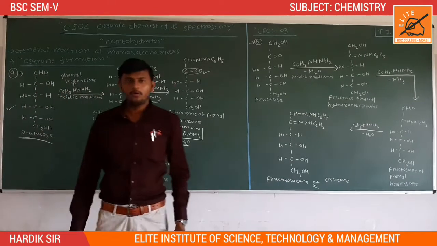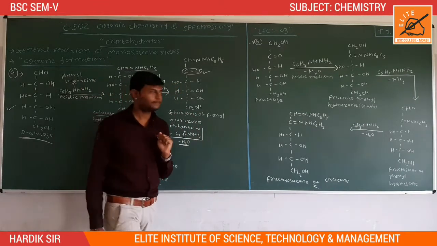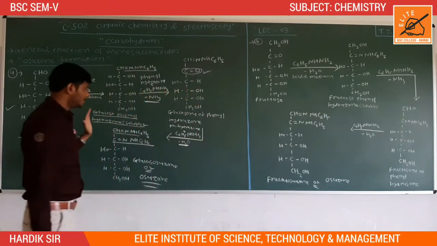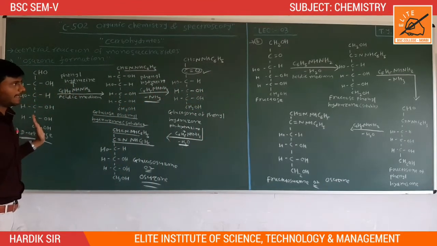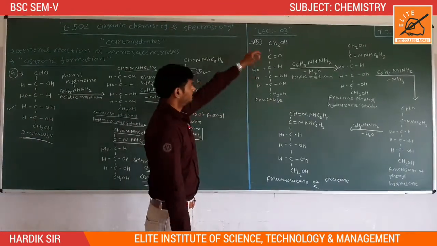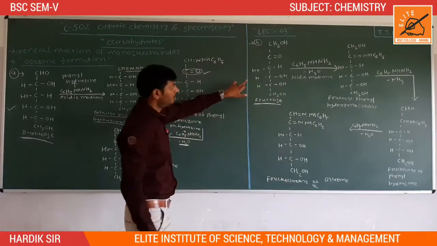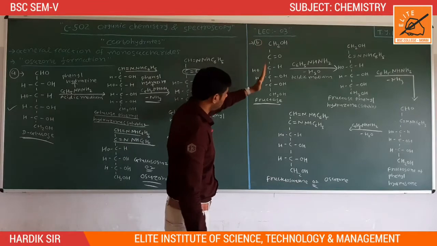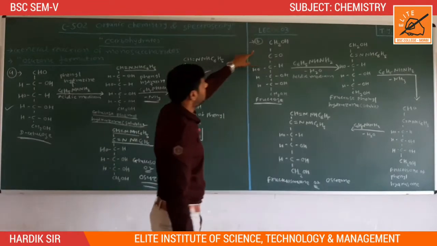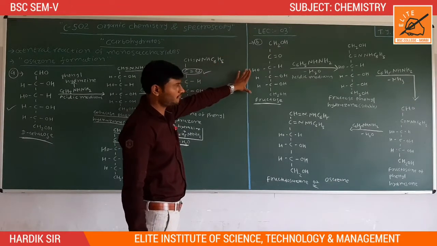Now we have learned about the second method of formation of osazone, and it is from fructose. The first method is from D-glucose and the second method is from fructose. Now let us see, we take 1 mole of fructose. This is the structure of fructose: 1 carbonyl group and 4 hydroxyl groups. It is called fructose.